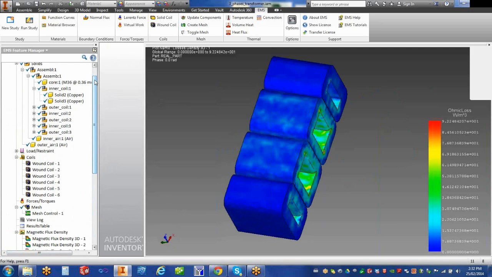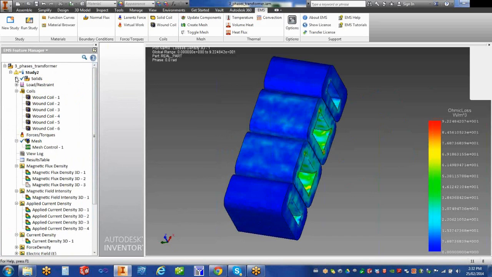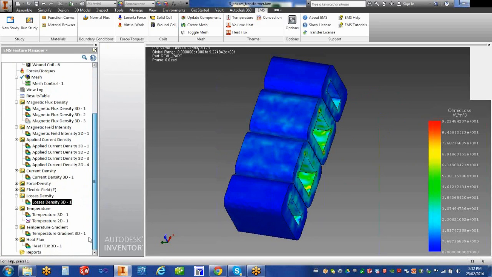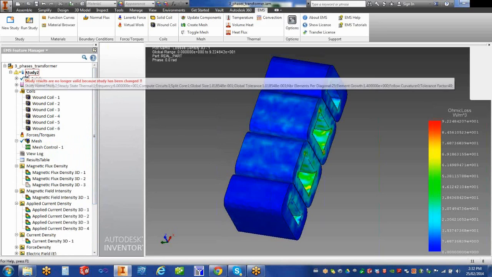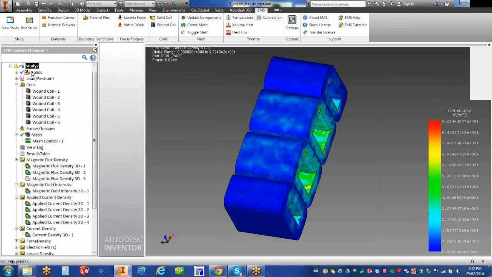In the integrated environment, you apply your electric characteristics as well as thermal, and you will be able to see all of the electrical and thermal quantities in the same plot. And if you want to make just a small change, obviously you don't need to